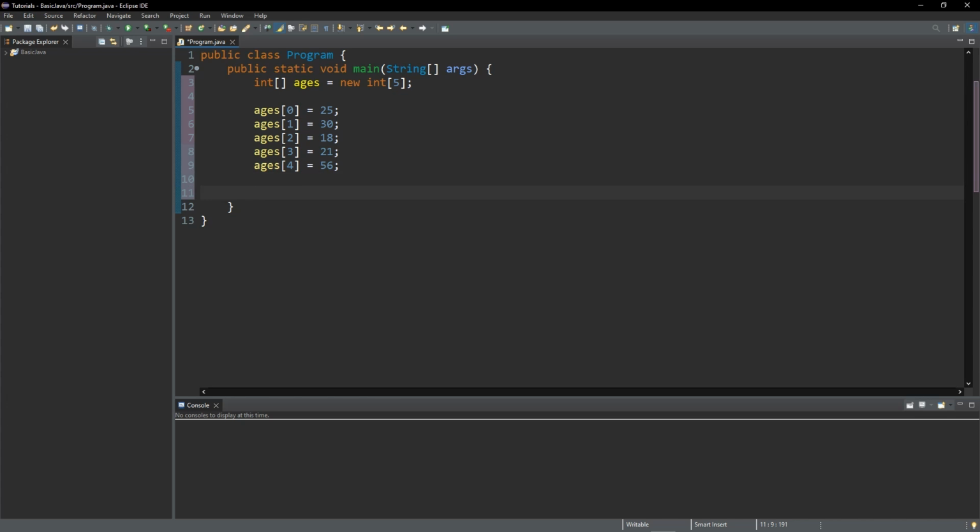Well, all you have to do is say int age1 is equal to ages, but not args, ages, and then the index you want to get. So if we want to get the first item, we say 0. So now we just stored the first integer inside of this integer array to age1. Otherwise, we can also say